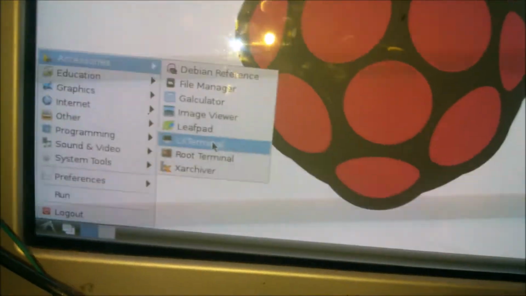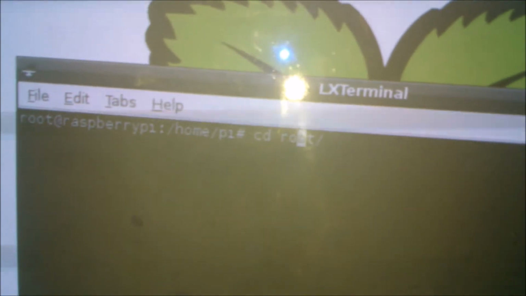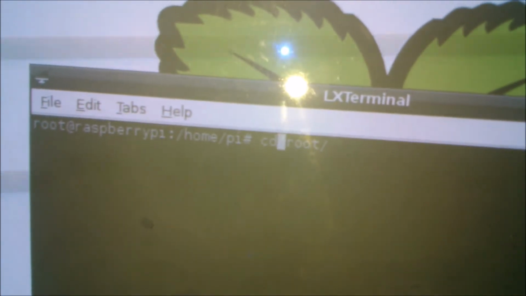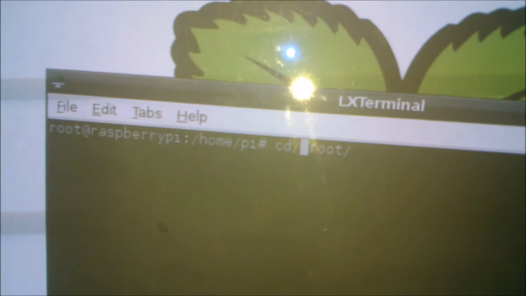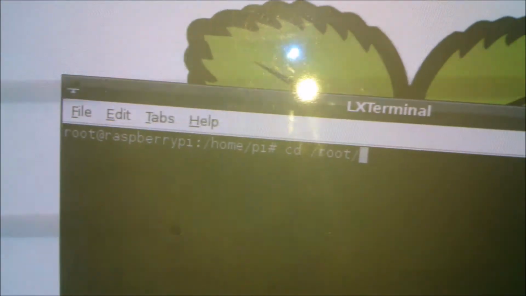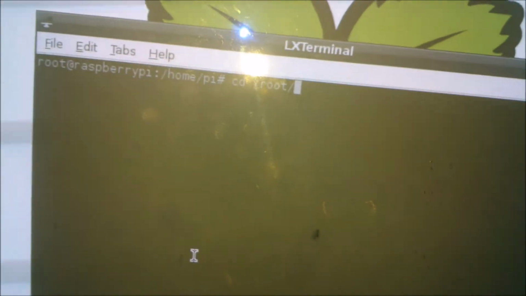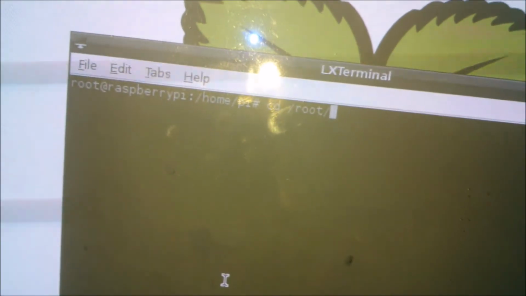First of all, we will start the LX terminal, and here we will type the following command: cd space slash root slash, and then pocketsphinx.